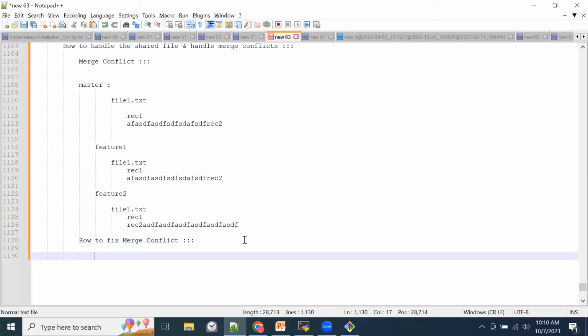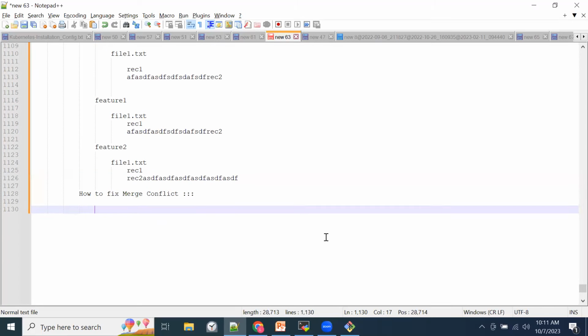As far as Git is concerned, Git can identify the merge conflict. In which file the merge conflict occurs, it will try to identify it. But it does not have any intelligence to automatically fix the merge conflict. So merge conflict should be fixed only by the developers or the owner of that repository. Only they can fix it manually. There is no other option. So in order to fix the merge conflict, you need to follow certain steps. Guys, it's a very important question also. Please pay attention. So first thing is you need to identify